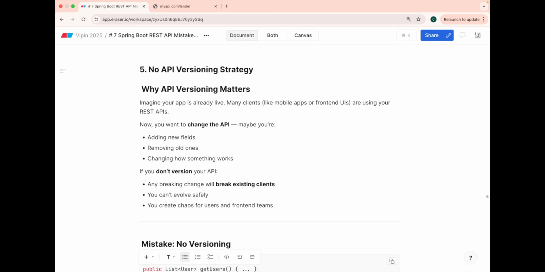The fifth issue is you do not version your APIs. 90% of us do not have the habit of versioning our APIs. Now imagine your app is up and running and there are multiple users of it. You have desktop users, you have mobile users, you have multiple front ends, even some other services. Now if you want to change some fields for your mobile applications but not for your desktop applications, then you have to create a different API, change the fields there and give the new URL to your front end, which is bad.